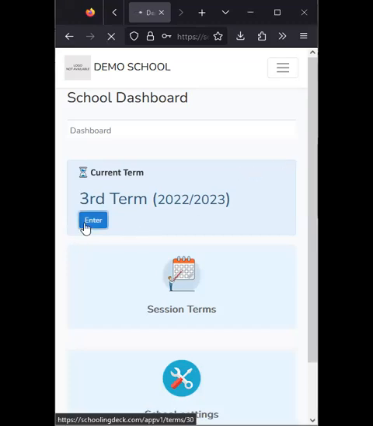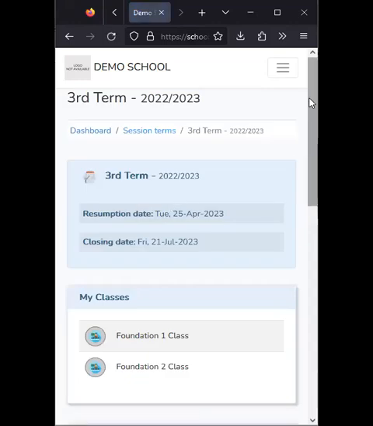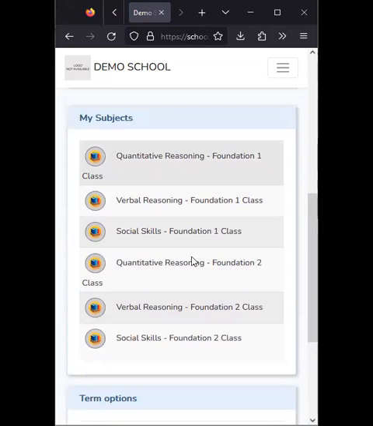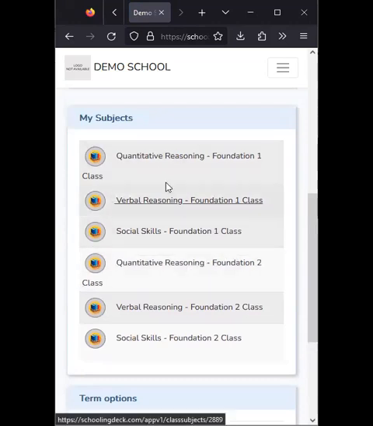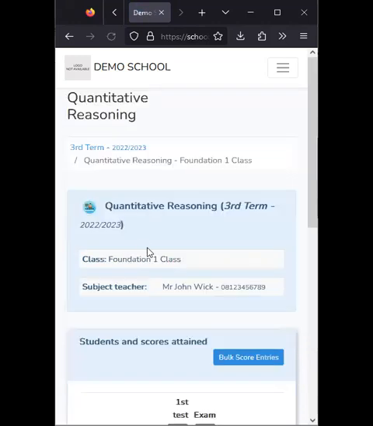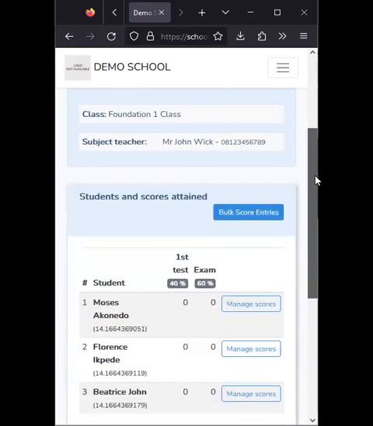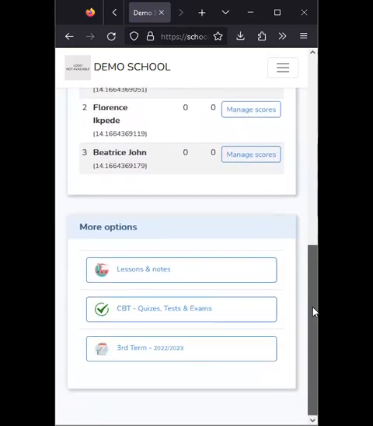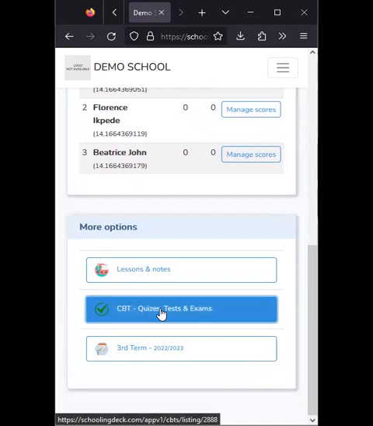Get into the term. As it is, if I scroll down to my subjects, I would see that I teach quantitative and others for different classes. So let's say I want to create a CBT for quantitative reasoning, and I click on it. Of course, I get into the subject, quantitative reasoning. If I scroll down past the students that are taking quantitative for the term, and I move down to where I have CBT, and I click on it,